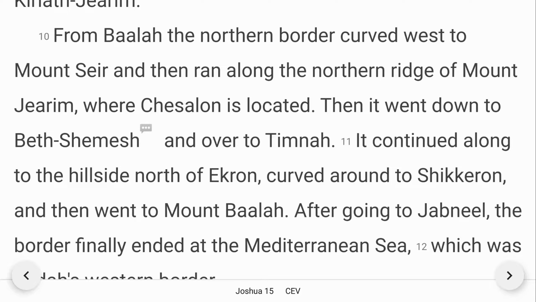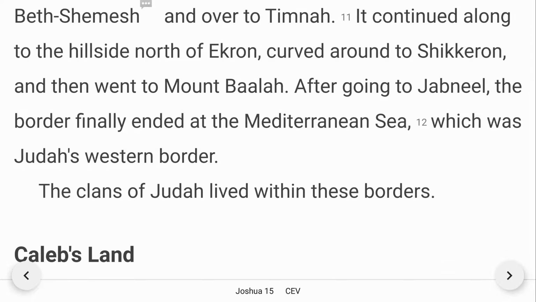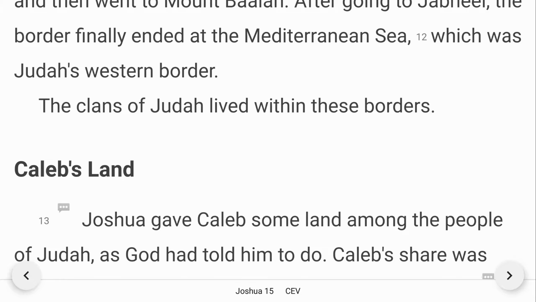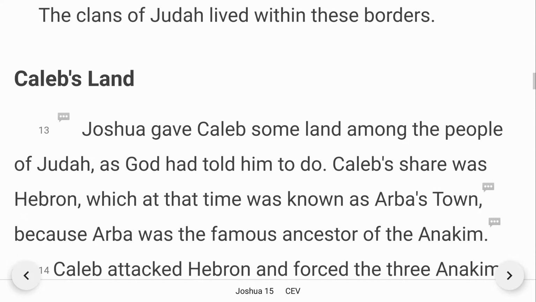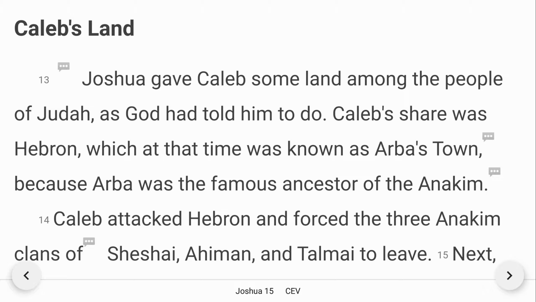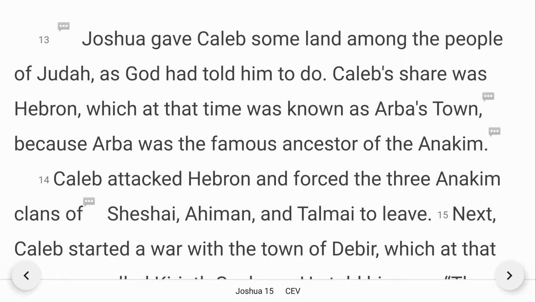After going to Gemneo, the border finally ended at the Mediterranean Sea, which was Judah's western border. The clans of Judah lived within these borders. Caleb's land. Joshua gave Caleb some land among the people of Judah, as God had told him to do. Caleb's share was Hebron, which at the time was known as Arba's town, because Arba was the famous ancestor of